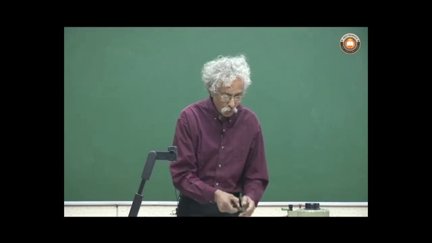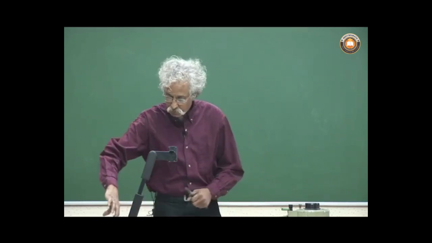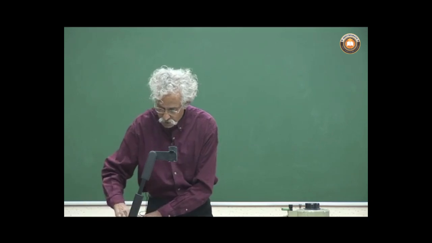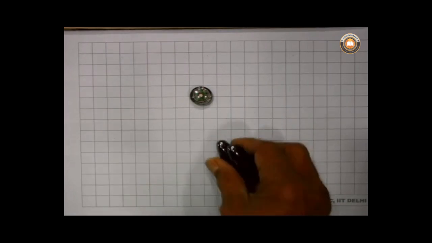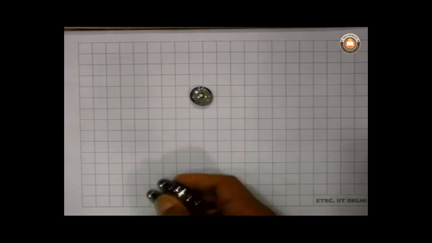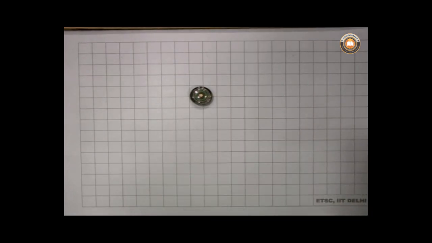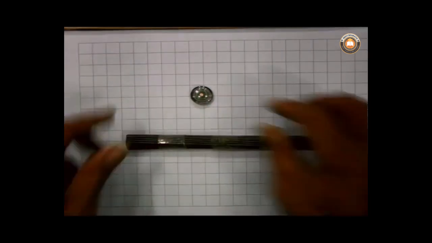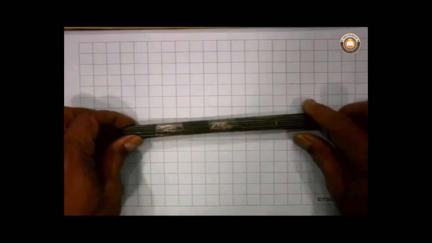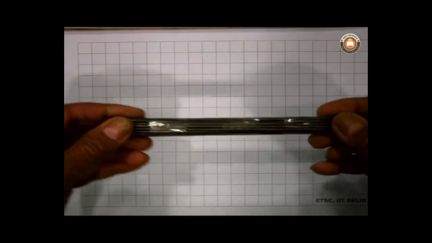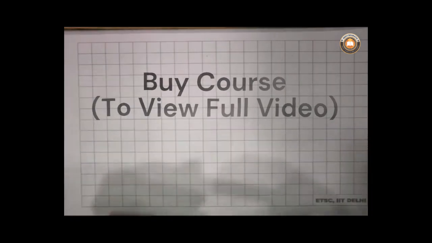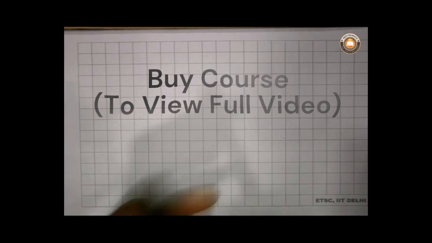Before that, I want to show there are two permanent magnets here which I had shown in an earlier experiment. These are two very strong permanent magnets, and as you can see here it has a very strong effect on the needle. This is a soft iron piece, a large number of pieces of soft iron, formed into a cylinder here, and this particular piece I connect to a magnet. The moment I put a